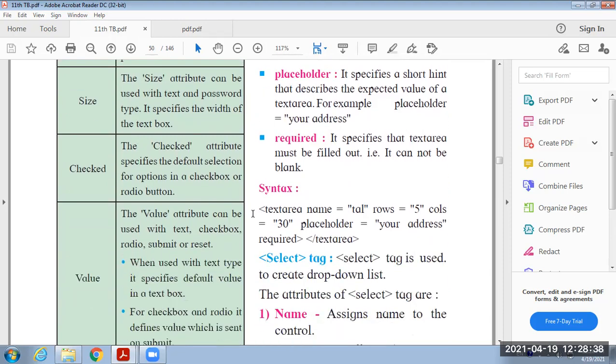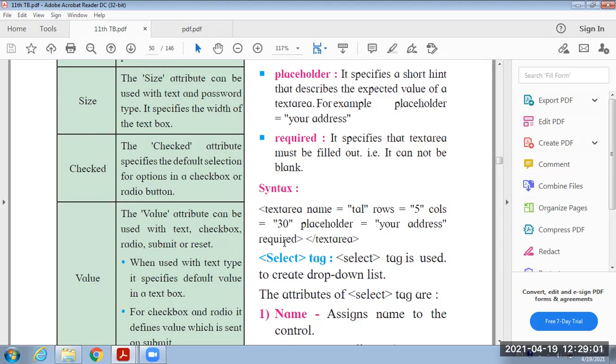Here an example is given: textarea name equal to ta1, then rows equal to 5, that means 5 rows will be displayed, then cols 30 columns will be displayed, and placeholder is your address. Your address will be shown, and under this your address hint, you will provide your address.